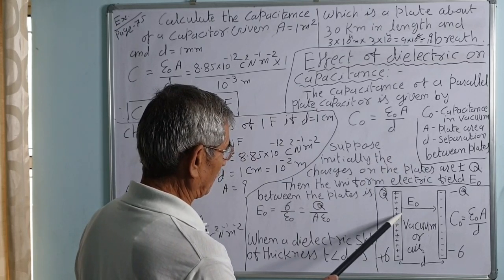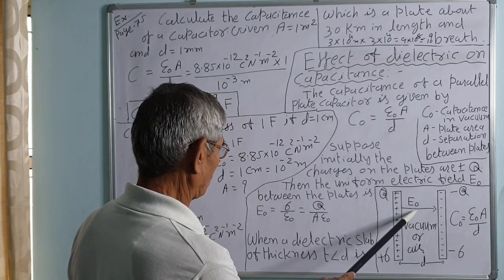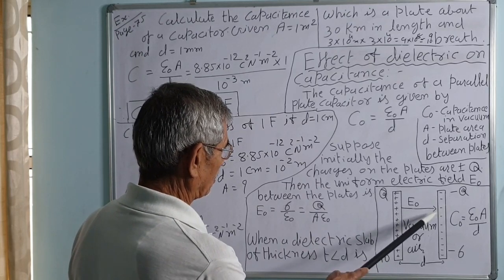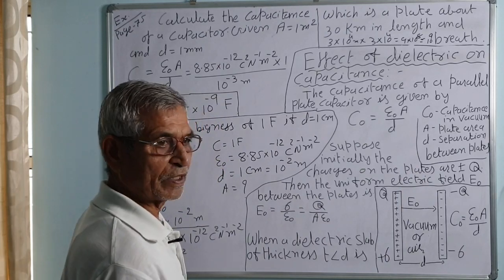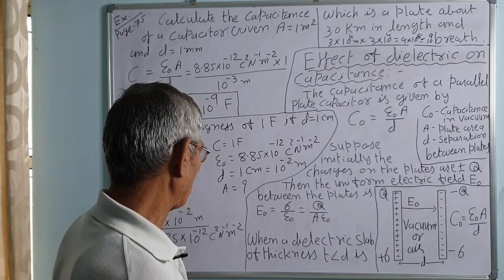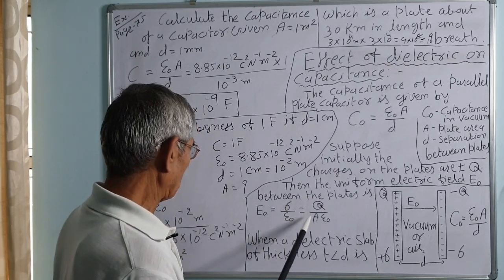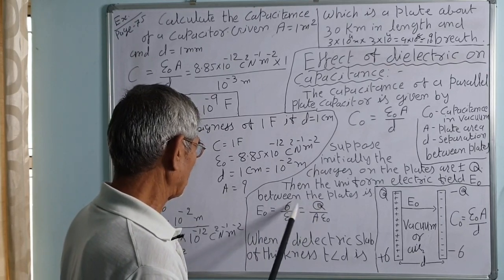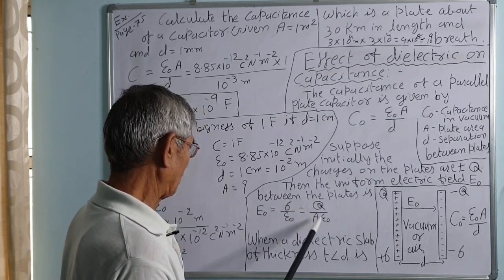For the one positively charged plate, the electric field in between these two is sigma upon 2 epsilon 0, and for this plate also sigma upon 2 epsilon 0. The net electric field E0 will be sigma upon 2 epsilon 0 plus sigma upon 2 epsilon 0, that is sigma upon epsilon 0, as we have already studied. And that is equal to Q upon A. Sigma is the charge density, the total charge on one of the plates upon the area of the plate,